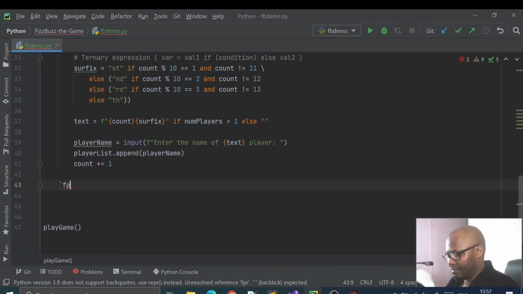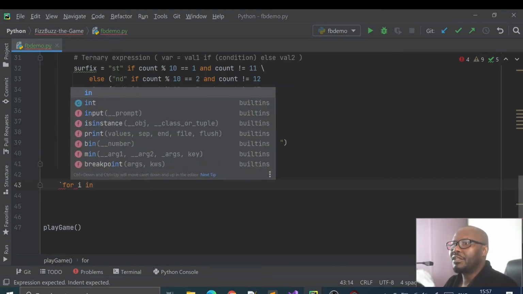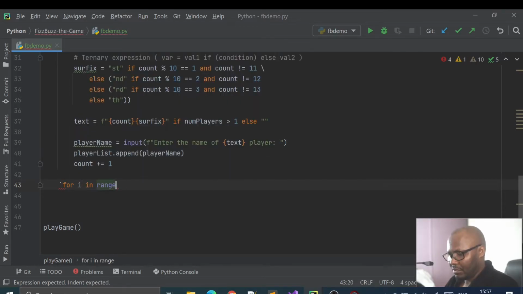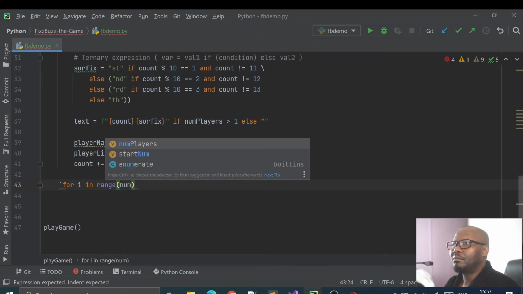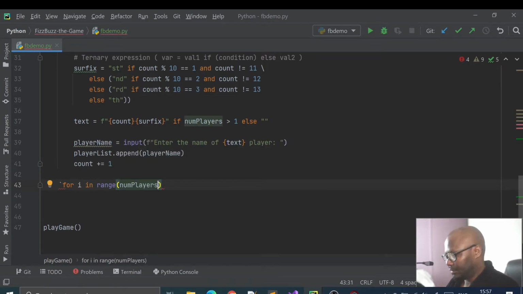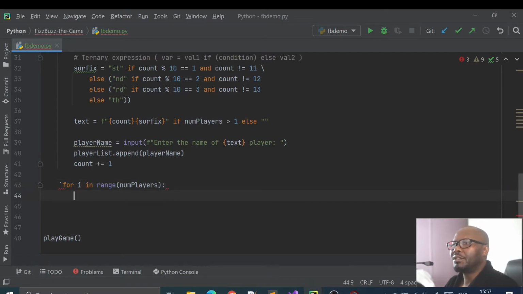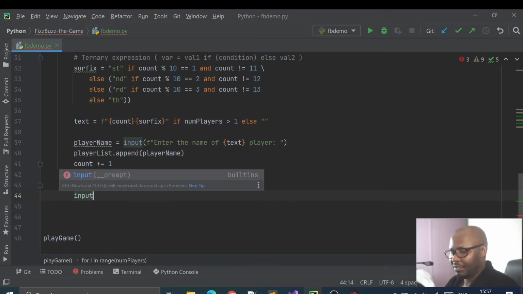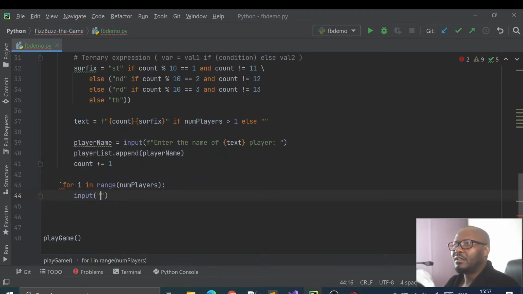So we go here and say for r in range num players, then we want to say input, enter a number for